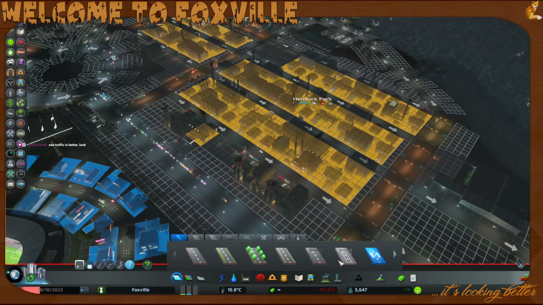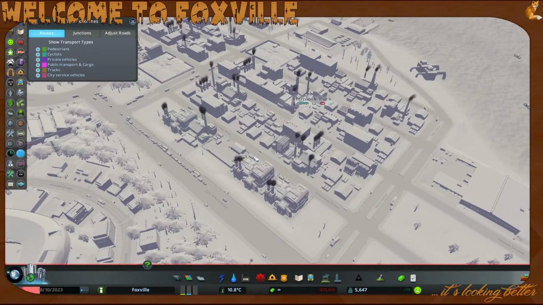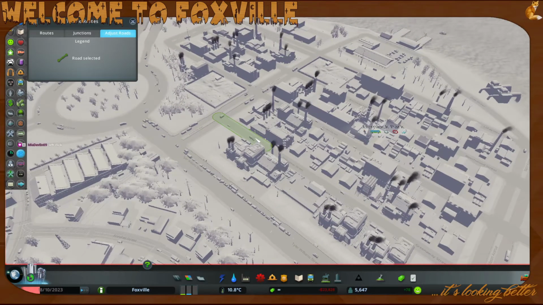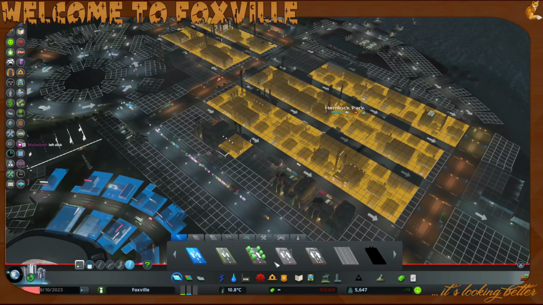I know I can't upgrade. I want to turn it around the other way. Darn it, which button was it? Wait a minute. Adjust roads, was it? Ah, yes, thank you. So many systems and I can't remember what most of them do. Like if I flip all these around...